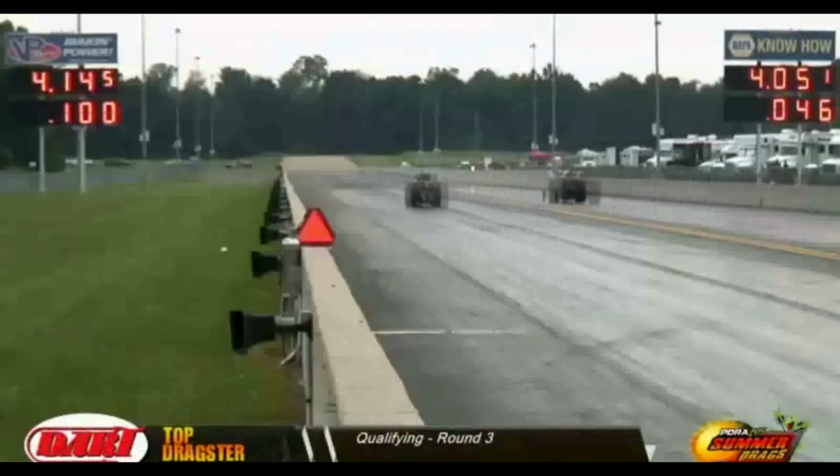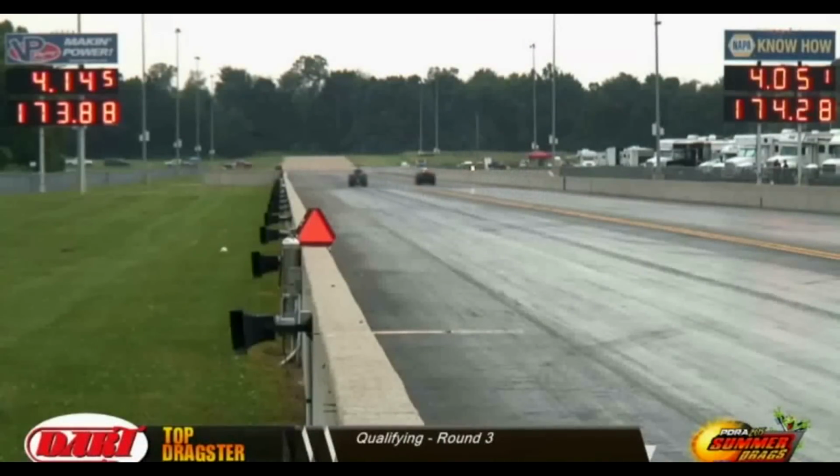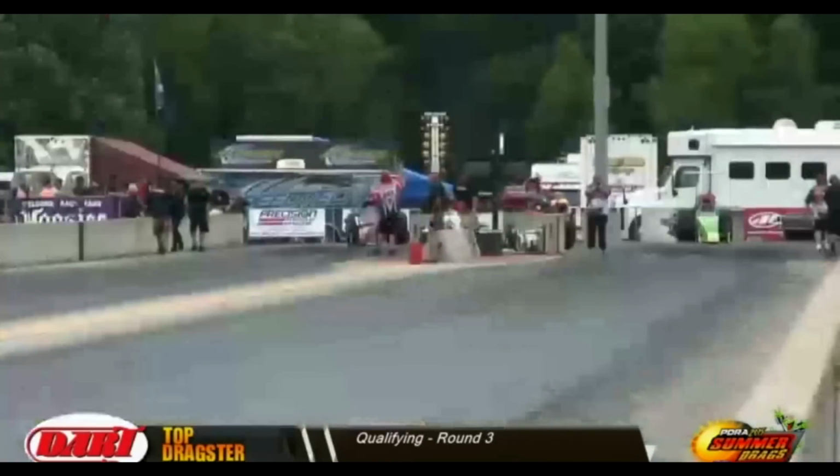Kathy Fisher, 414. How about that? It wasn't low ET, but she and her husband Kevin and the whole team got that American race car